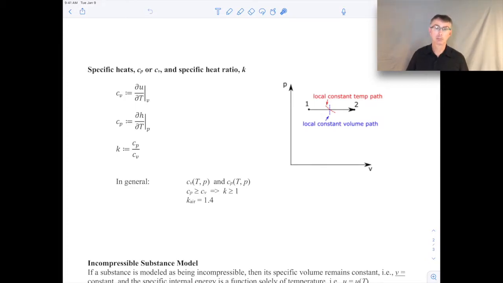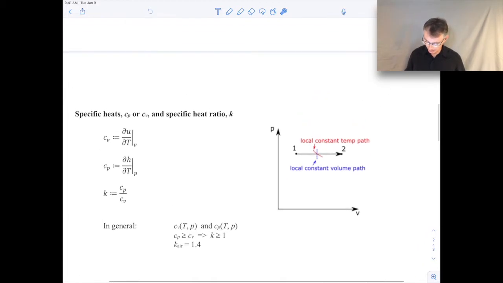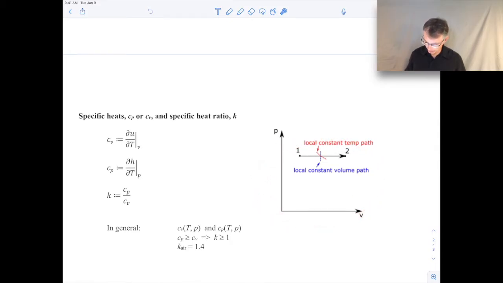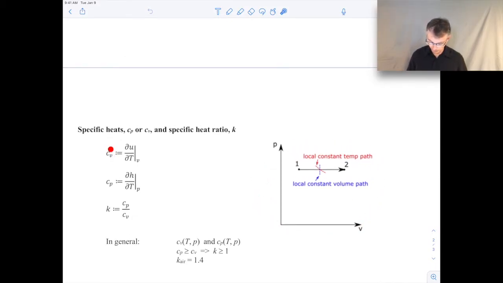One number that's pretty useful to remember is the specific heat ratio for air. That's equal to 1.4. It's a number that we use so frequently, it's worth memorizing. Now, one very important thing I want to highlight, referring to this plot on the right-hand side: when we talk about the specific heat at constant volume or at constant pressure, that does not mean you're restricted to using C sub V only for constant volume processes or C sub P only for constant pressure processes. You can use C sub V and C sub P for any process. What constant volume and constant pressure refer to is just how that property would be determined